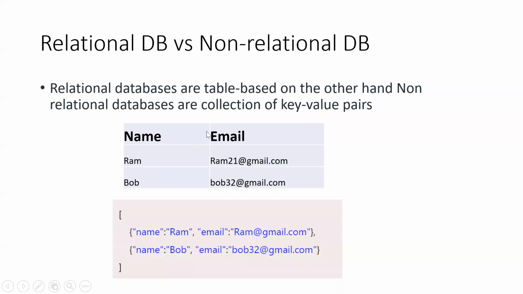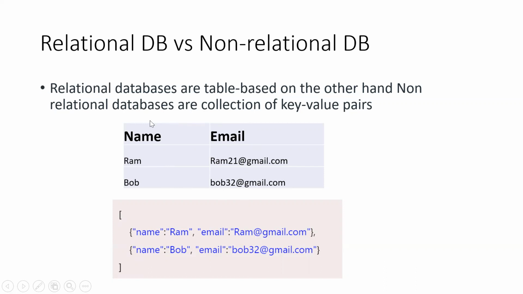The first one is called relational database. Okay. So in the relational database, the data should always be formatted as row and column based. First of all, there should be a columnar structure and each column should have a name. The first column is name and the second column is email. So for a relational database, we need to create this kind of tabular structure. When the tabular structure is ready, we can insert the records one by one. Okay. So this is the concept of relational database. I'll be giving some more insights into how relational databases work in the next slides.